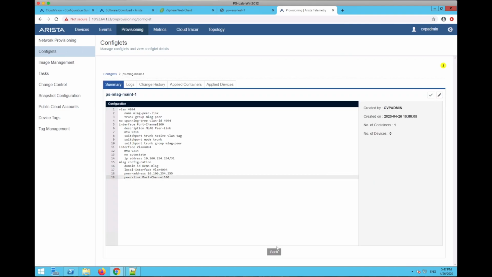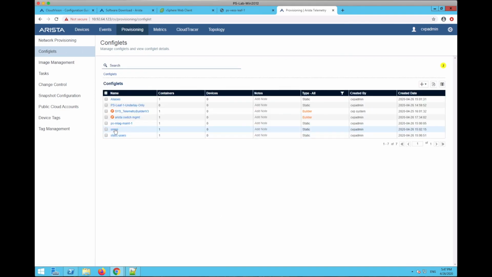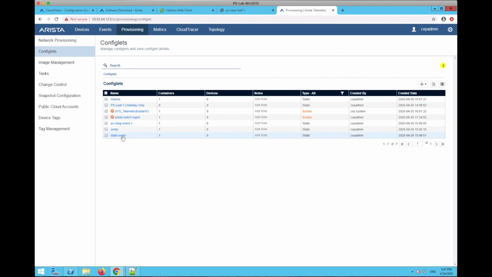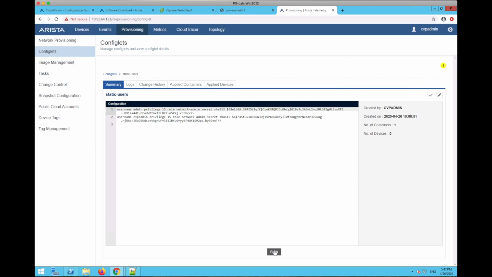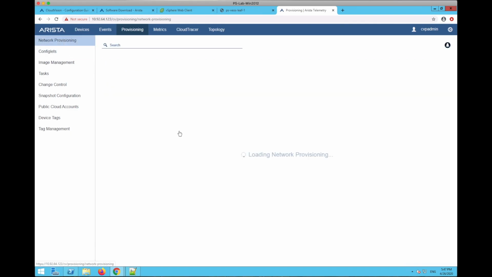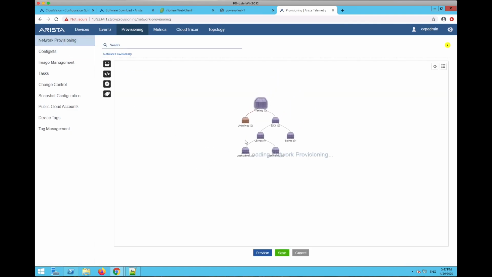Something specific for MLAG, SNMP configurations, and those are going to go in higher-level containers, and our static users, which are admin and CVP admin initially. We will show you how all this works momentarily, but in the meantime, let's show you